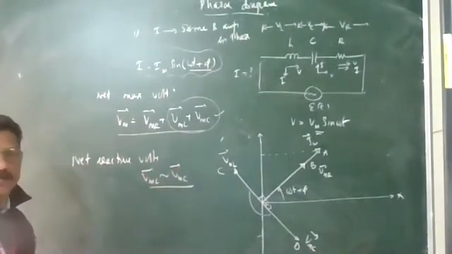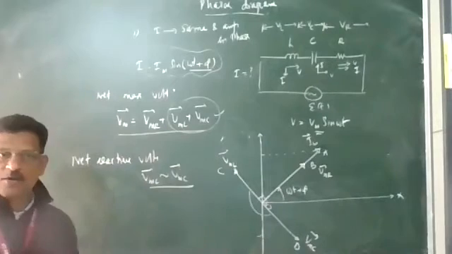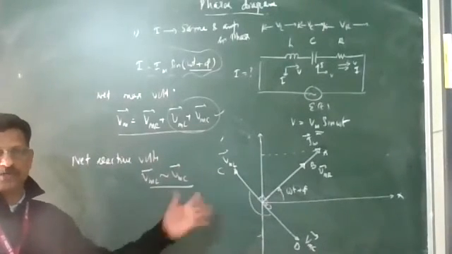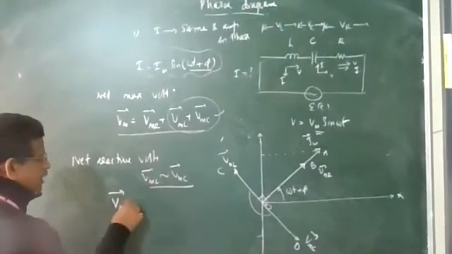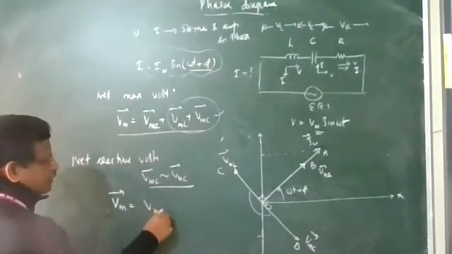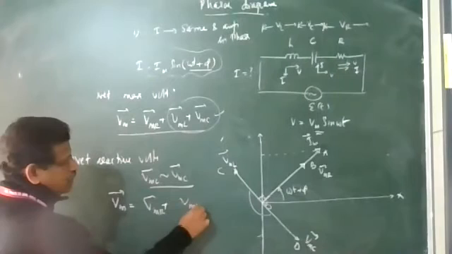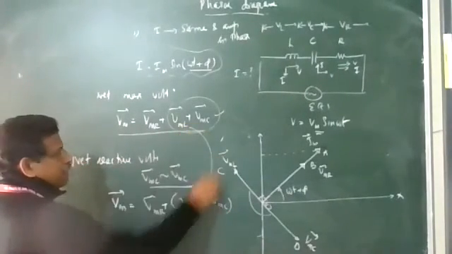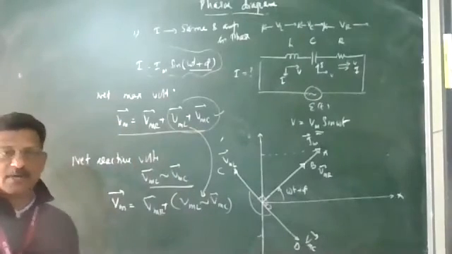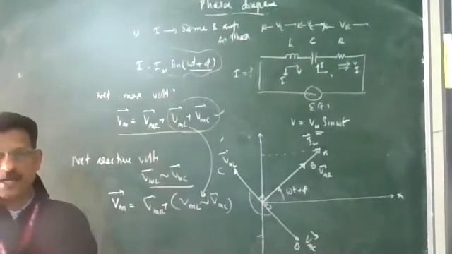Does the difference matter? Because they are in opposite directions, I am taking the difference. So the net voltage across the LCR circuit is VMR plus the difference of these. These are three terms, and two terms are combined as a difference. There are three cases that arise now.